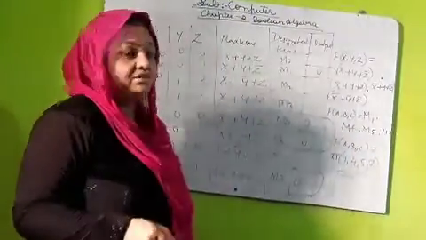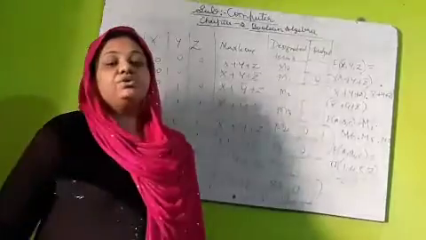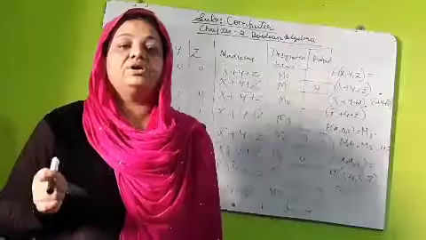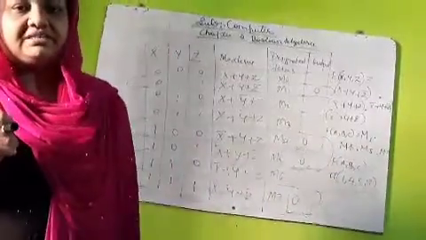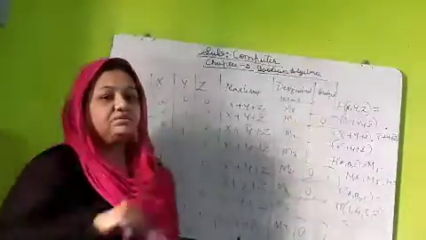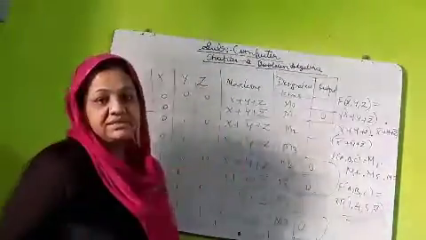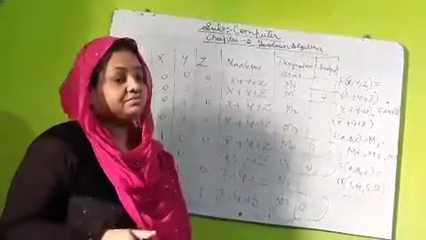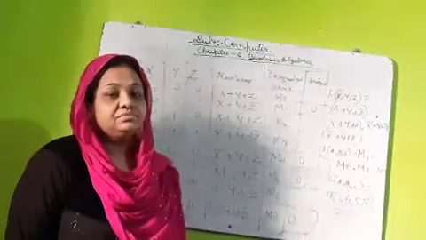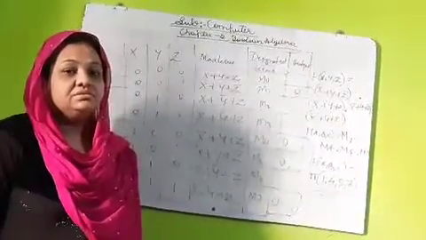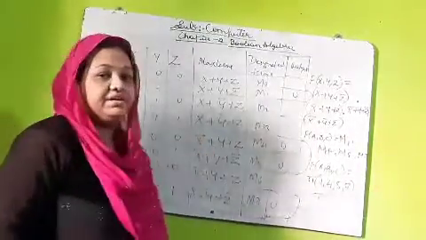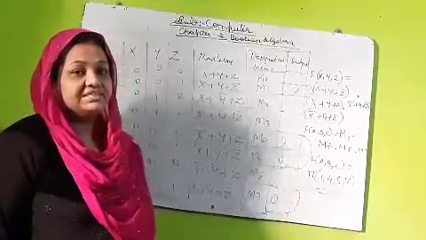While writing the expression we use pi, we do not use sigma. So when you are writing a min term expression you use sigma, when you are writing a max term expression you use pi. So kindly make a note, kindly go through once and write down. I will be giving you some time so that you can copy it down or make a note of these things.